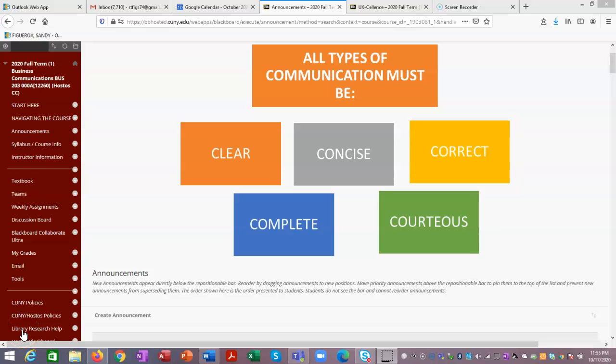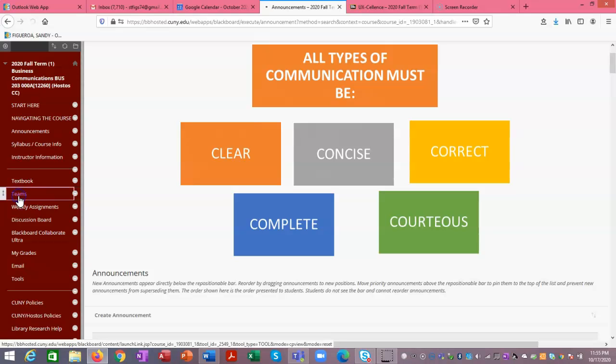Okay, Elise, so we're going to review how to create groups. All right, remember, when you come in, whatever your Blackboard website looks like, this is what you're going to see. In your menu frame, you're going to see groups. I changed the name from groups to teams. Okay, so when I click in,